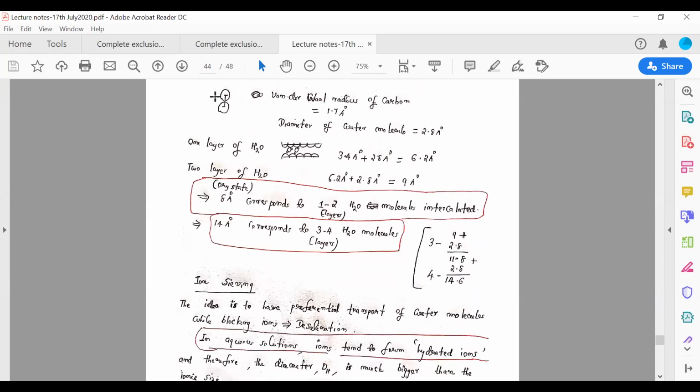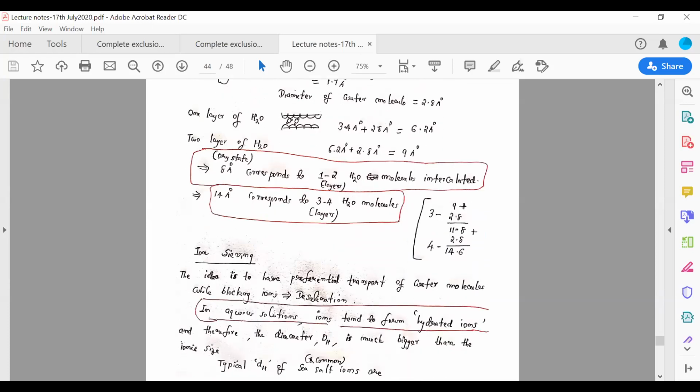So this is about the water transport. Now I am going to discuss the ion transfer, ion sieving. How can you selectively transport ions through the membranes? Okay, the main application is desalination, because we want to remove ions, we want to block ions from seawater, and we only want to transport the water molecules. So can we design such a membrane with selective transportation of water molecules?